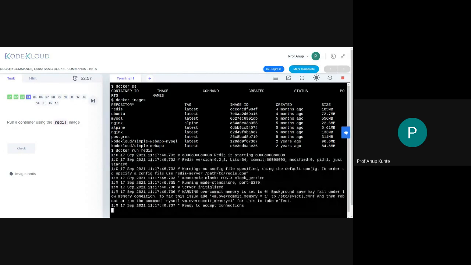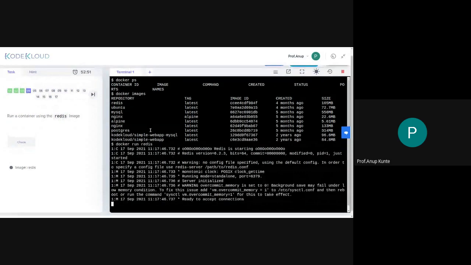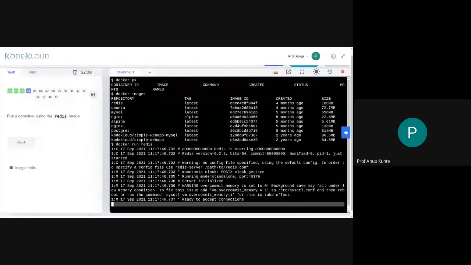The guy in the video also talked about this. So this is the Redis image in execution, and we are not getting our prompt back because it is holding up. It's a web server, and that web server is functioning right now. So I'm not able to access my prompt for any other action or any other command to be provided. Okay, I can quickly check if my answer is correct.